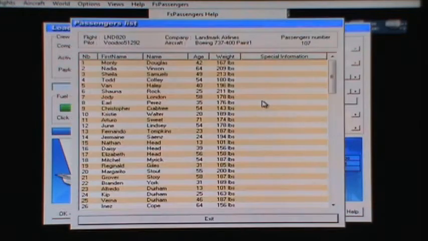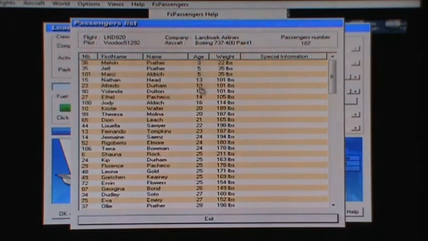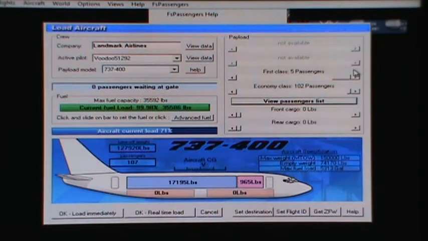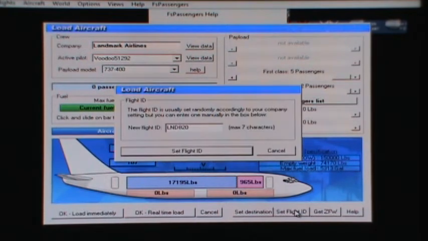And look, you can view the passenger list, you can do it by age, you've got all kinds of ages, weights, people on the list here. We've got 107 passengers. This is a brand new company I just started, so this will be the first flight. Now, if we set the flight ID, remember it was 687, that was our flight,